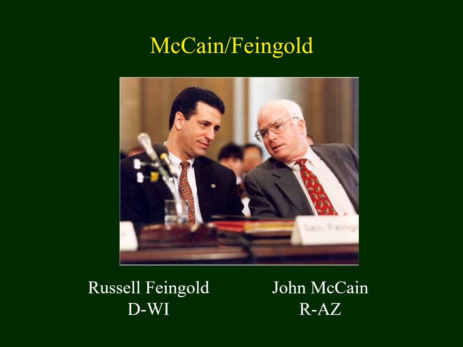It's named for the two individuals who were shown here. On the left, we see Senator Russell Feingold. He was a Democrat from Wisconsin. And on the right is John McCain, a Republican from Arizona, and you may remember that he ran against President Obama in 2008 for the presidency. The two came together to try to put limits on campaign spending because they thought that all that money had a negative impact on the political system.